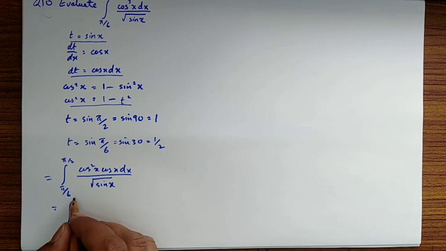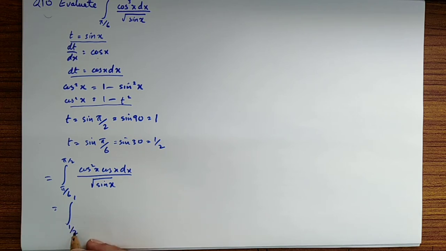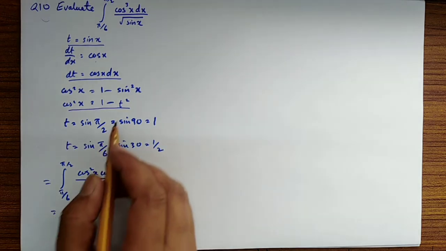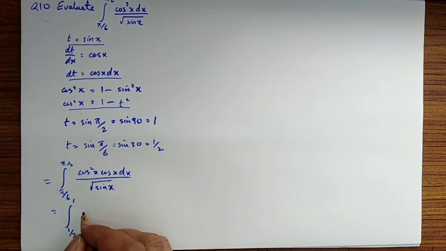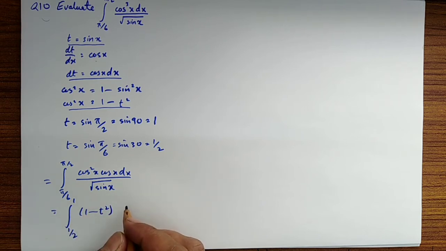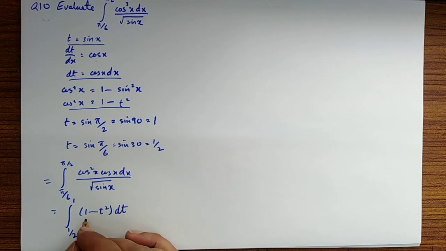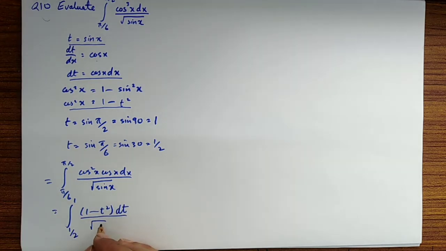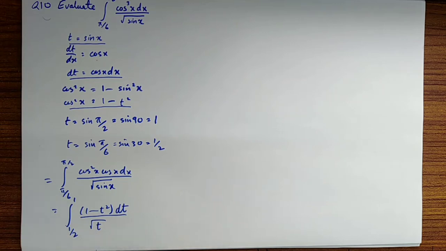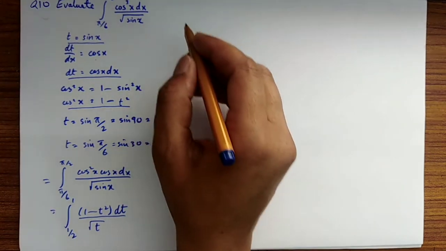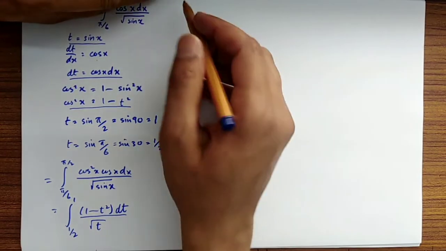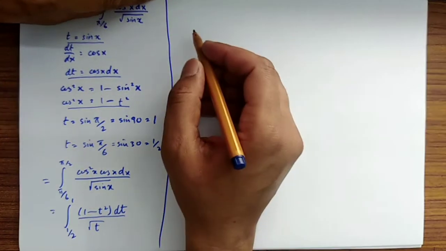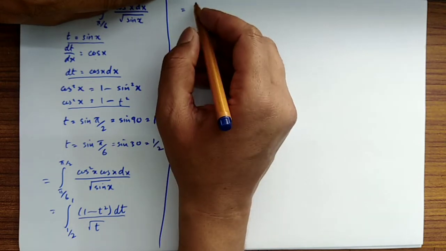now we are provided with, in place of pi upon 2 it's 1, and in place of pi upon 6 it is 1 upon 2. cos square x is equal to 1 minus t square, right? And in place of cos x dx, I'm going to write dt, whole divided by root of what is sin x? Sin x is equal to t, right? Now solving this question using t now, that gives us